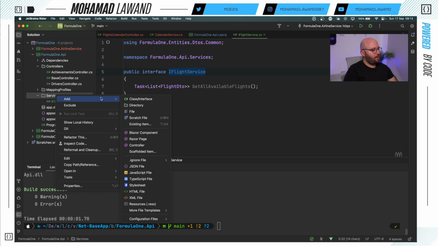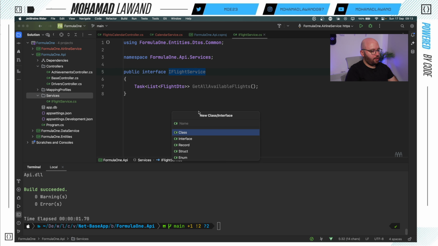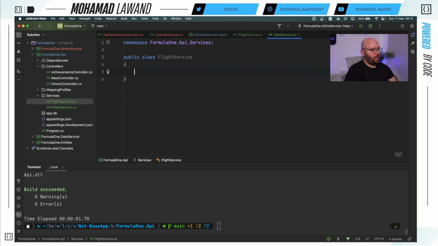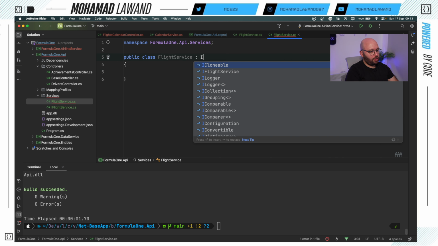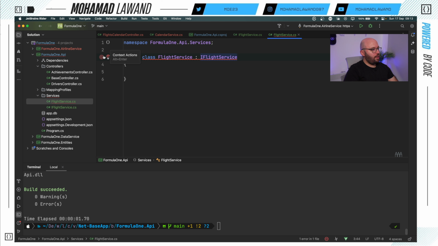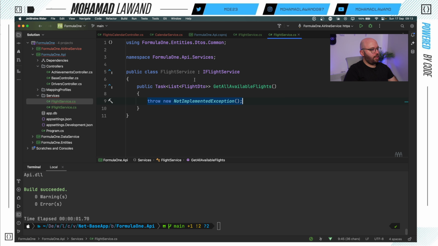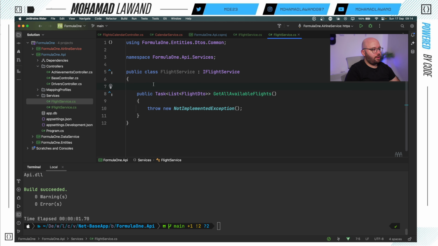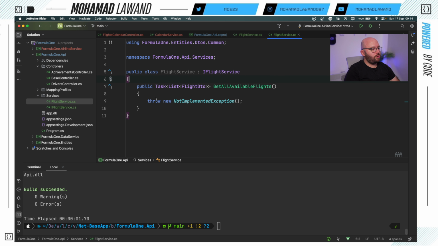And now let's add the implementation for it. So I'm gonna call it FlightService. I'm gonna add this. And within my FlightService, I'm gonna utilize the IFlightService that I have. And oops, I'm gonna implement the members. And here we can see we implemented the GetAllAvailableFlights. The first thing that I want to do here is add the actual implementation in order for me to be able to call the airline service from my APIs. So I'm gonna make this async,